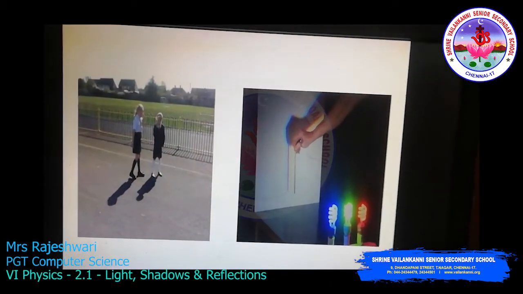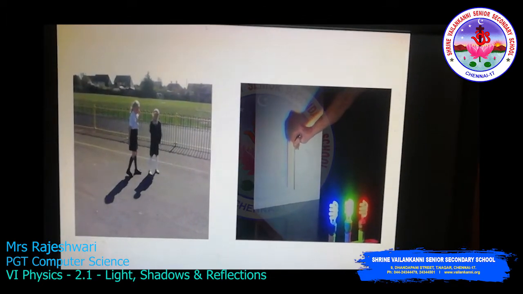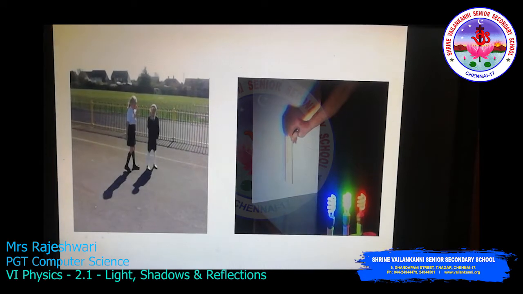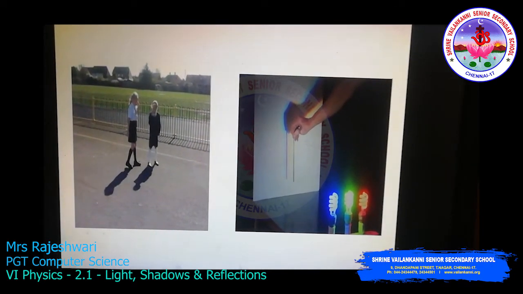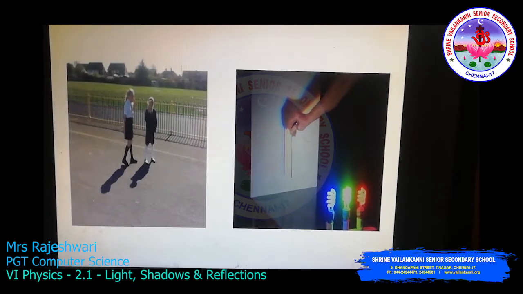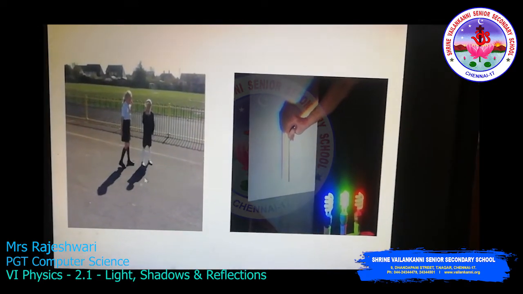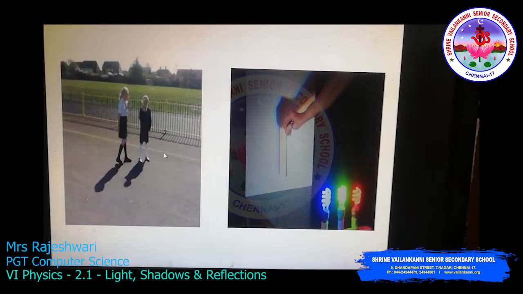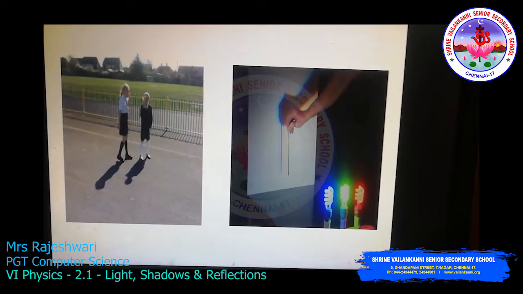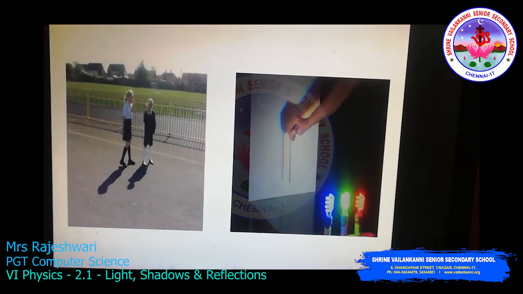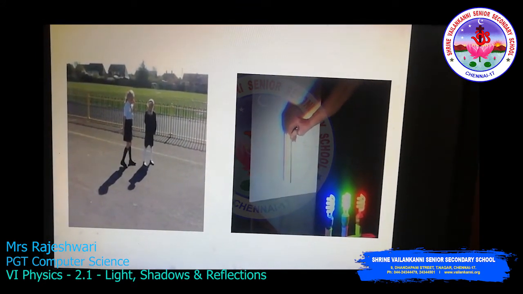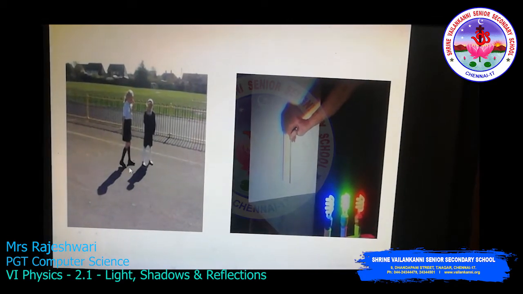See here, I have told you a shadow is formed when an object comes between the rays of light and the surface. So only on a surface or a screen will you be able to witness a shadow, and not on other things. Clear? So you need a surface or a screen to witness the shadow. See here, two children are standing and coming in between the rays of sunlight, and the ground is considered the surface.